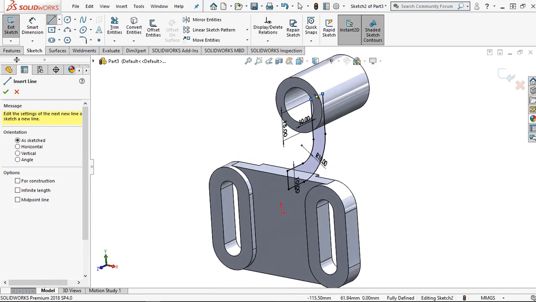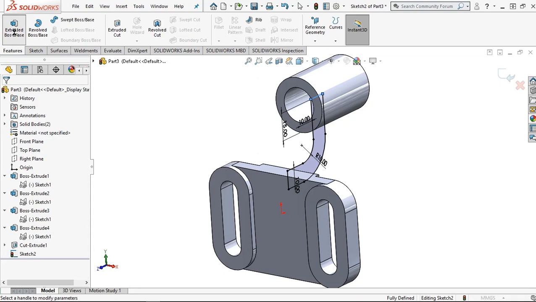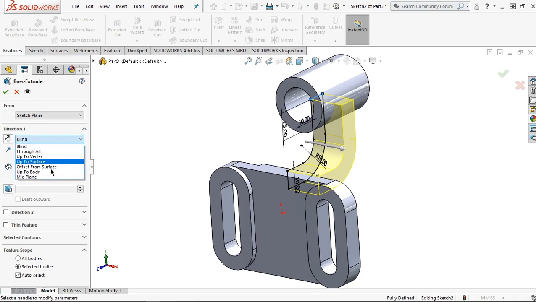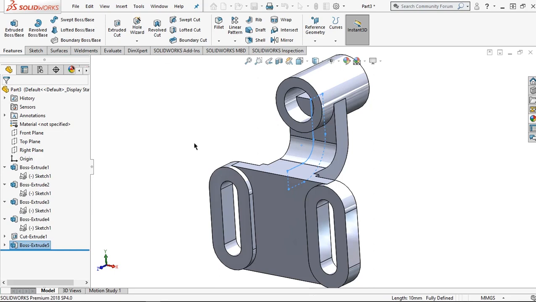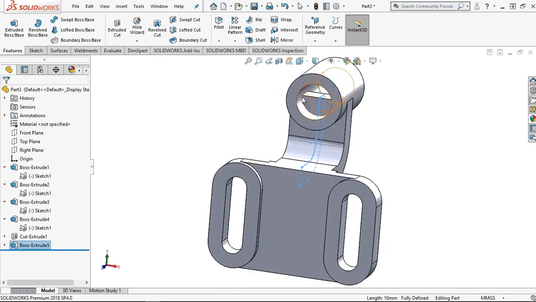For the next step, click on features and Extrude Boss. Change to midplane, then give the thickness value to 30 mm. Then OK. Then let's cut this unnecessary part by clicking this toggle and sketch.